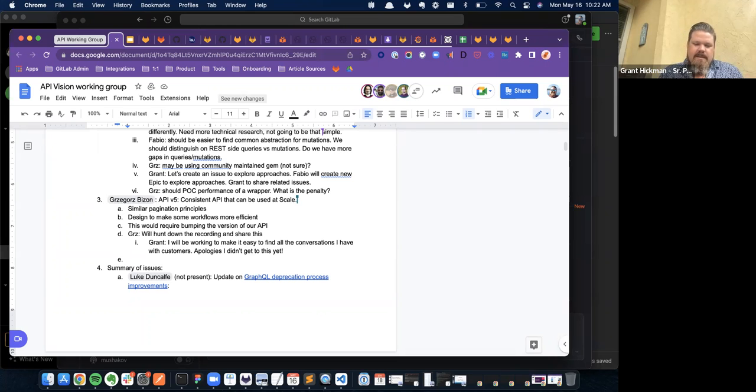So there are these patterns that I think a lot of customers are trying to do commonly, and they're running into performance issues where it might take, I think it was 7 hours or something, to span across all their groups, all their projects, just to get one bit of info.